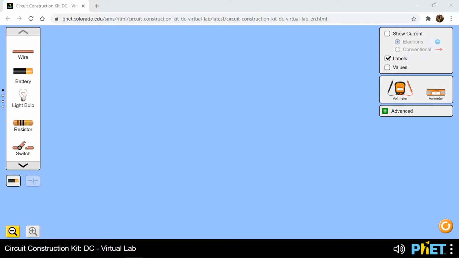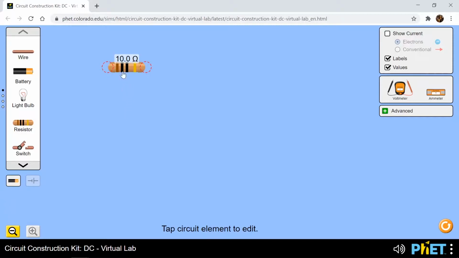Now, when you're constructing the circuit, you can choose from the circuit elements on the left side here. To add a circuit element, like a resistor, you would click on it and drag it over with your mouse. I would recommend putting the values on the circuit, so clicking the check mark next to values on the right-hand side menu, so that you can easily see the resistance of the resistors that you've added to your